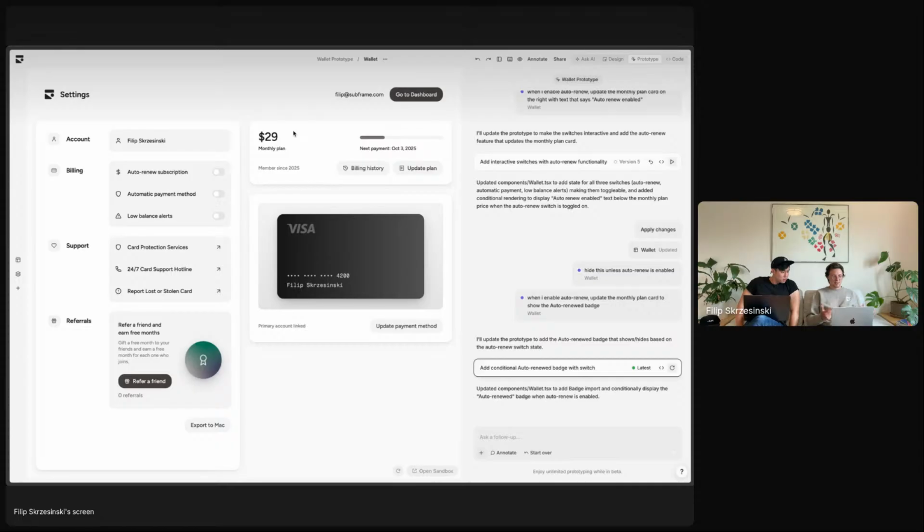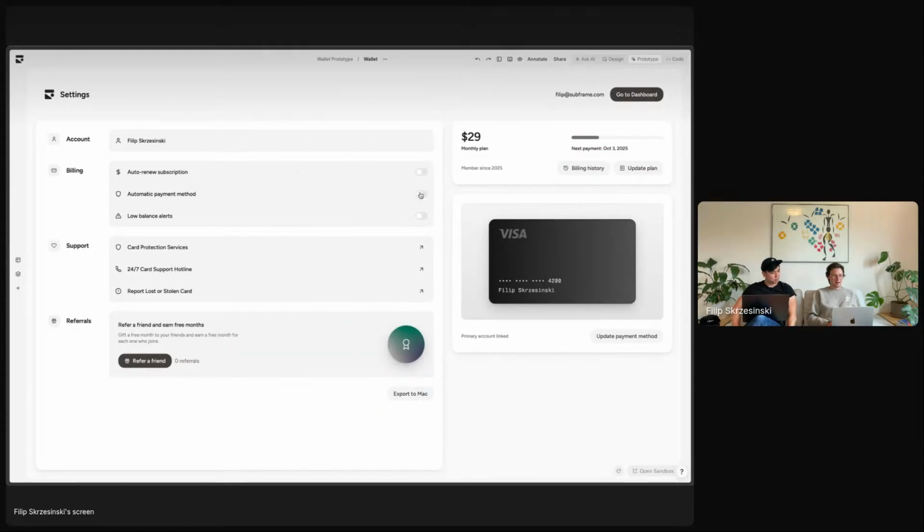So, all right, our design still looks pretty sleek, right? Our prototype hasn't veered away. These buttons still don't do anything, but now auto renew subscription, boom, easy, right? It understood that that code probably reused some of the same implementation logic, like the state that it created to show that text, but now we were able to nudge it to the same design that we actually wanted. And so this is really just small little details in the beginning, but I think it really unlocks